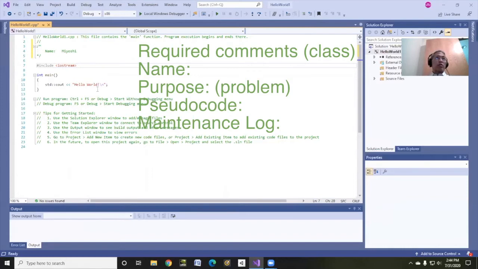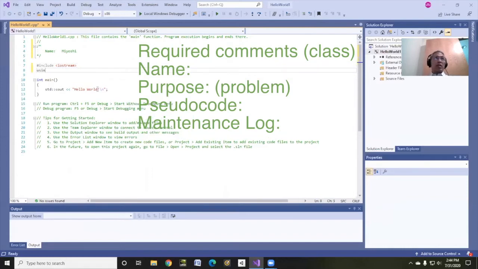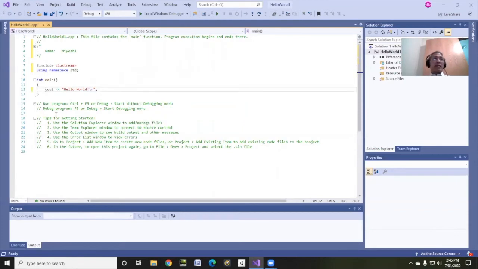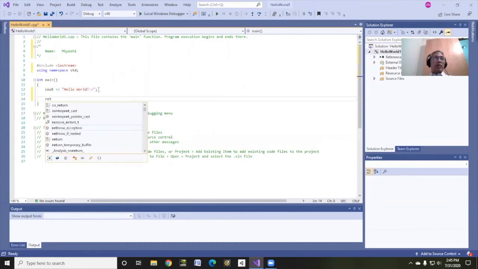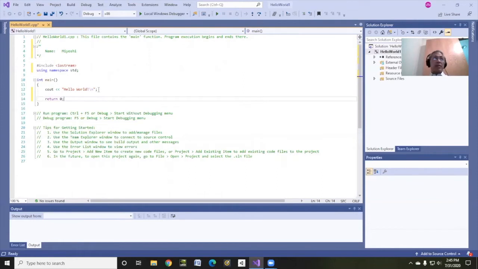So that says iostream. I'm going to use this thing called using namespace std; that stands for standard namespace. If you do that, you don't have to do this std:: thing down in my main. Now notice that there's an int main. That's what you start with. And then at the bottom here, we're going to do return 0;